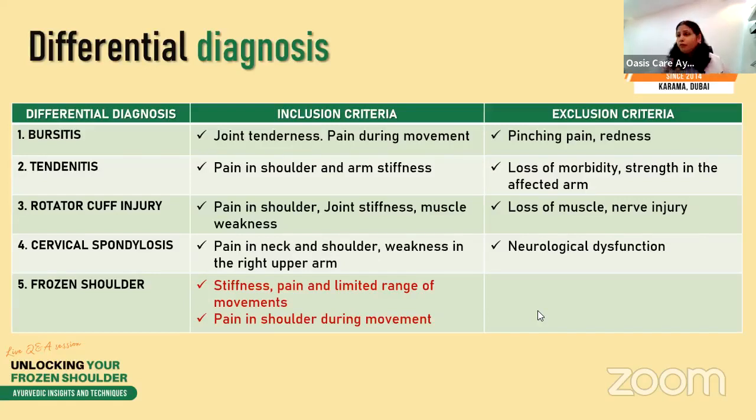But whenever we do good physical examinations, like the empty can test and other tests, some arc kind of tests also, in which we perform some passive movements, then we can see that the patient can take the arm up. But if, without passive movements, they are not taking the hands up, then we can diagnose it as not a rotatory cuff problem, but a frozen shoulder.